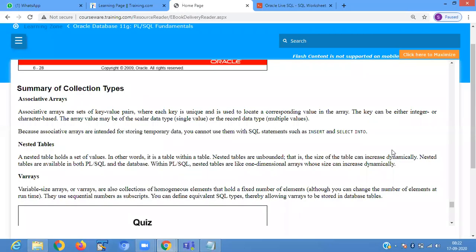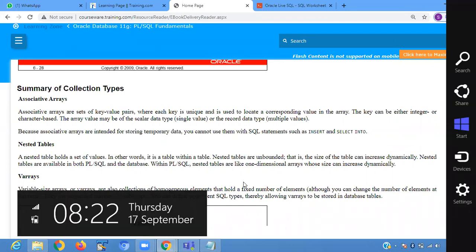The collection types that we learn here: one is the associative array, another is the nested table, and another is the virtual array. Associative arrays are a set of key and value pairs where each key is unique and is used to locate the corresponding value in the array.